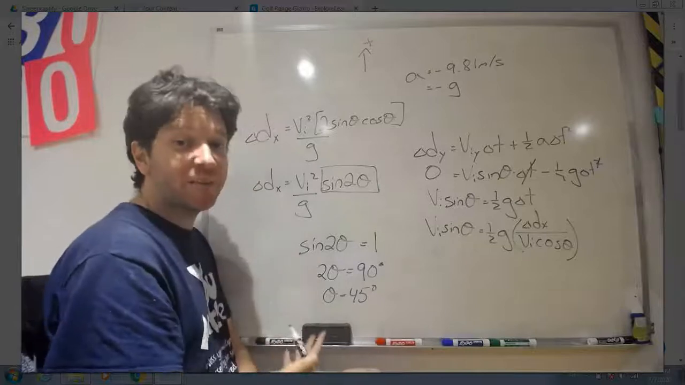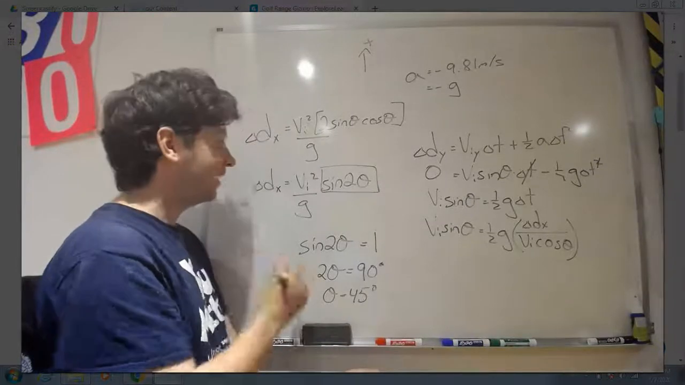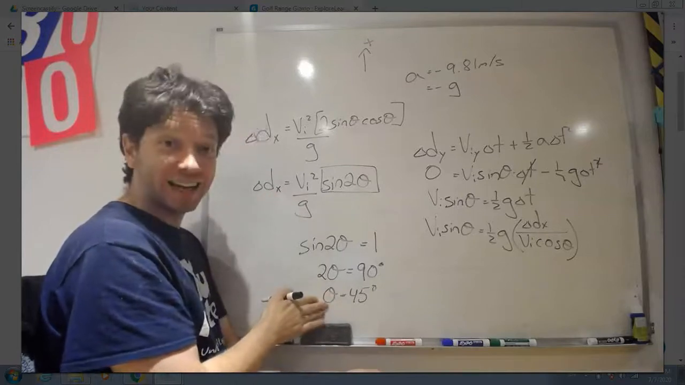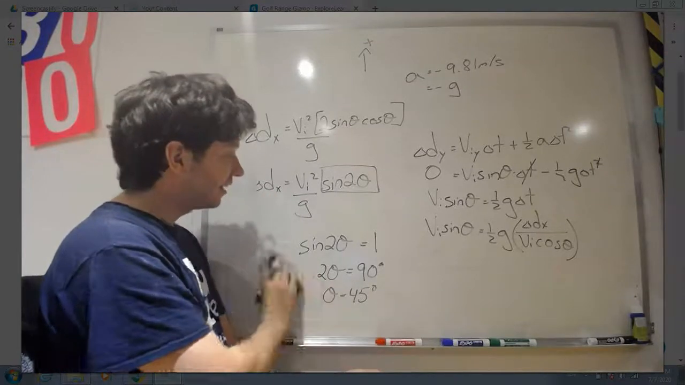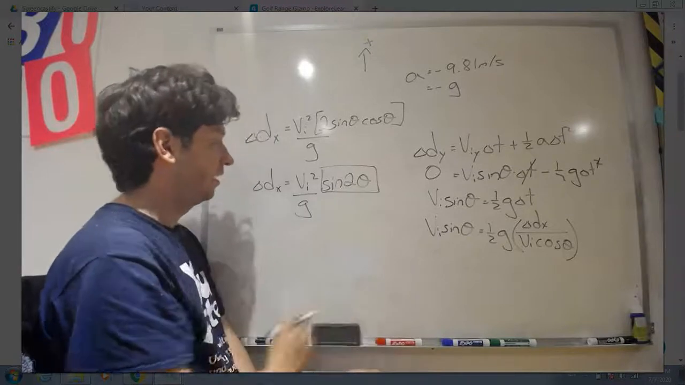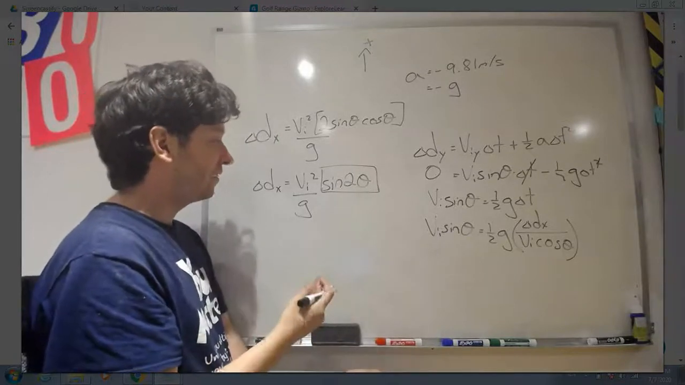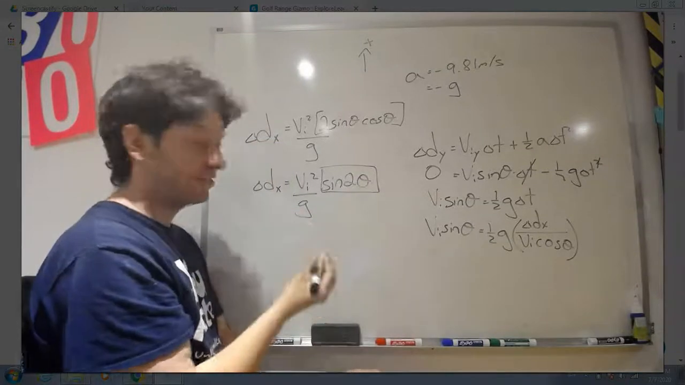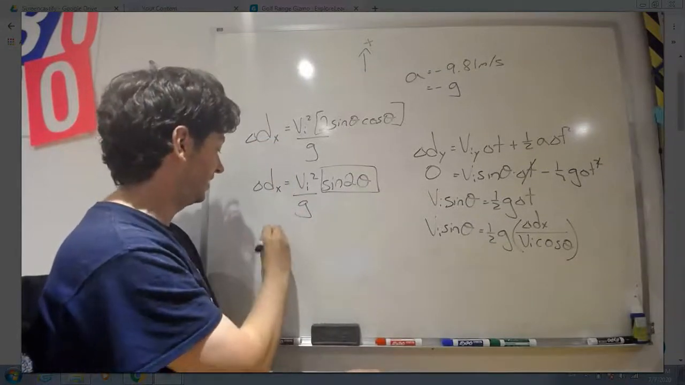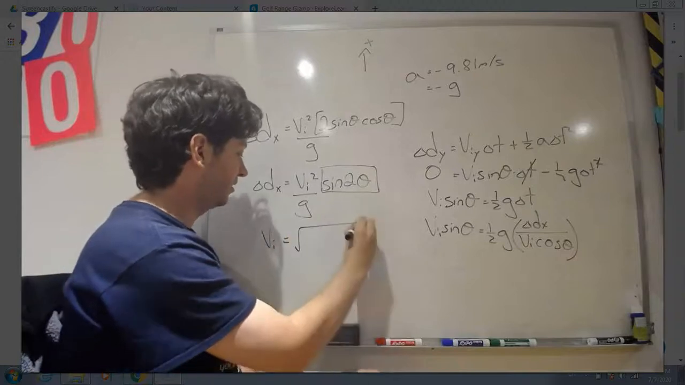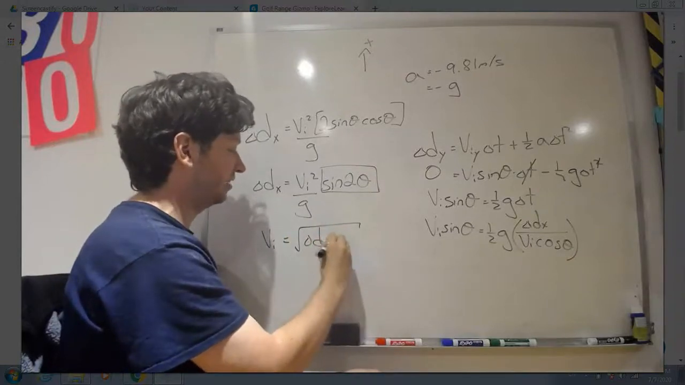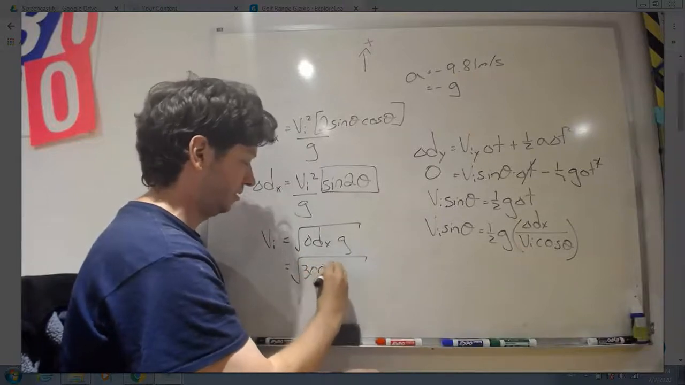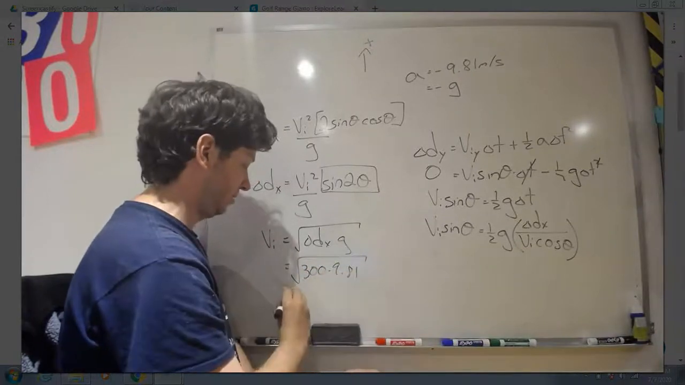So that's mathematical proof that to maximize range, you need to hit at an angle of 45 degrees. Now in this question, you're hitting at 45 degrees. That means this is going to be 1. And I asked you to solve for initial velocity. So in this case, initial velocity is just the square root of delta dx times g, or the square root of 300 times 9.81, which is,